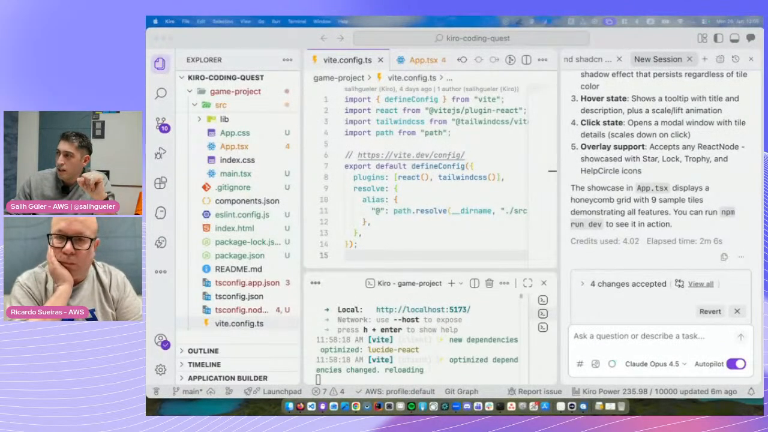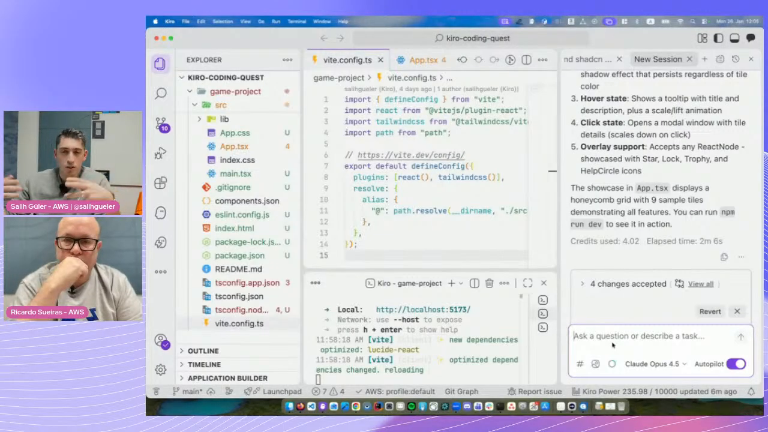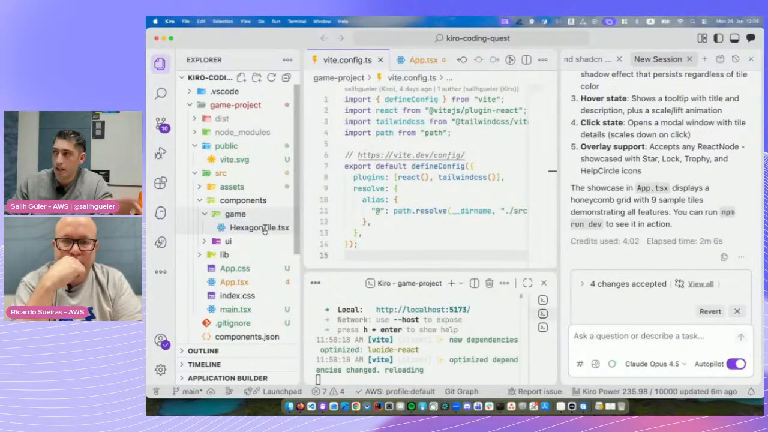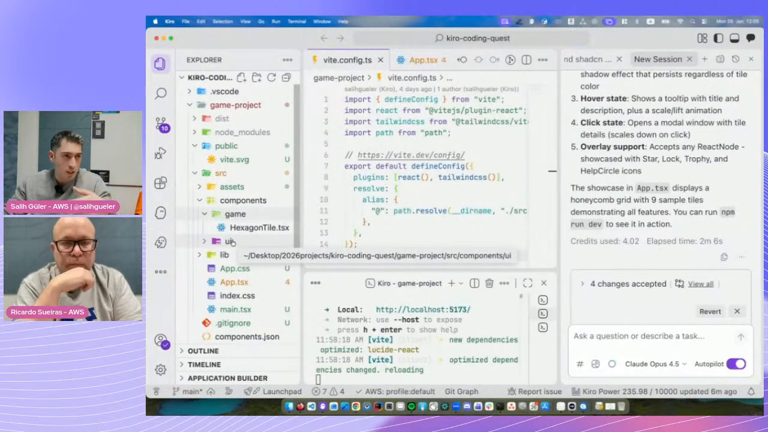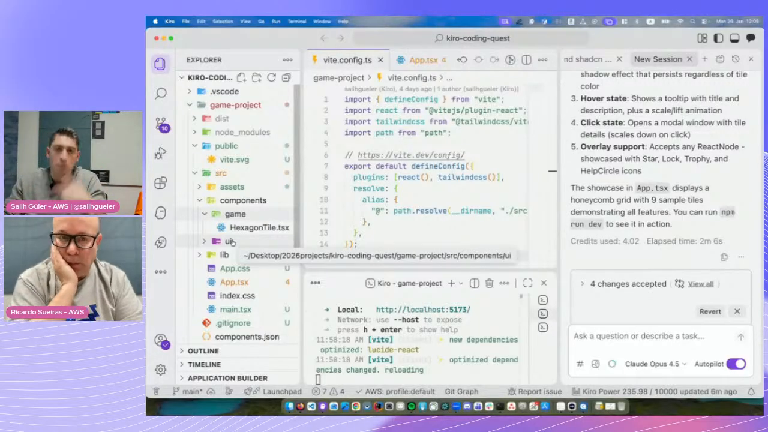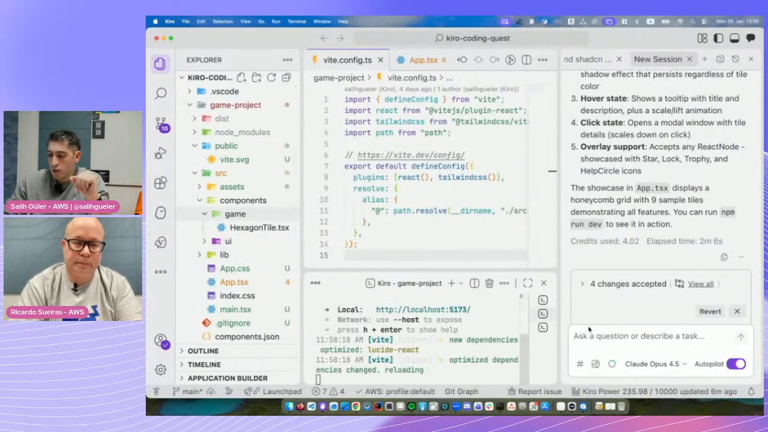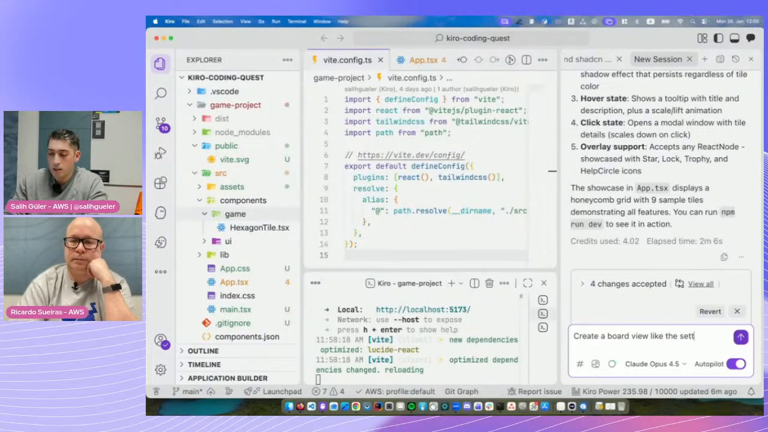All right, so right now what we have here is just a board. And I want to have a board logic, because right now I have the component in place, and for the game, I have the hexagon tile. For the UI, I have a different one. The reason is we're using ShadCN. ShadCN was the UI library that we decided to use for normal operations like buttons and so on to make our lives easier. And now what we will do is we will say, create a board view like the Settlers